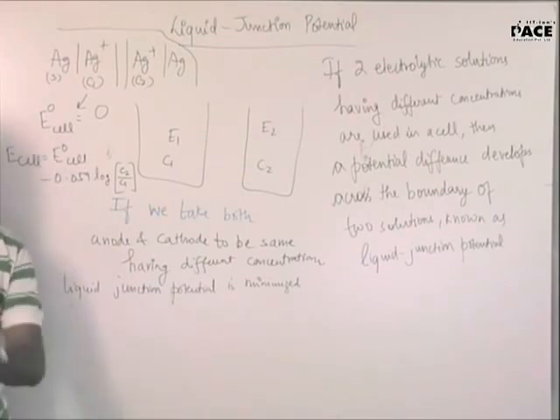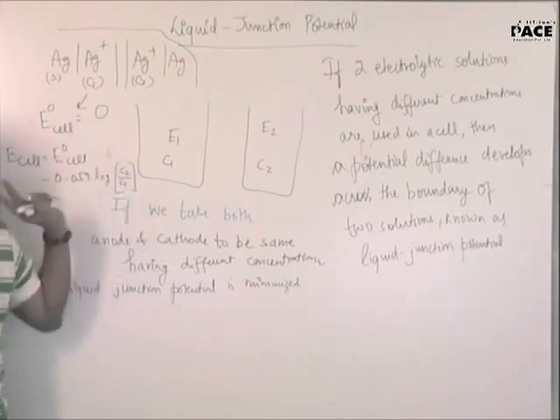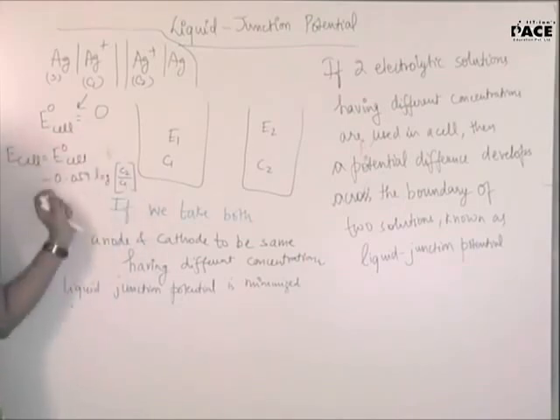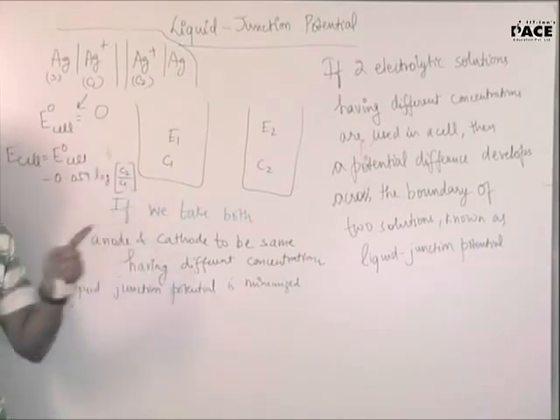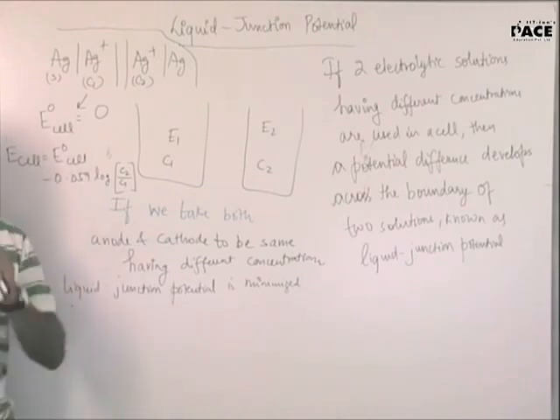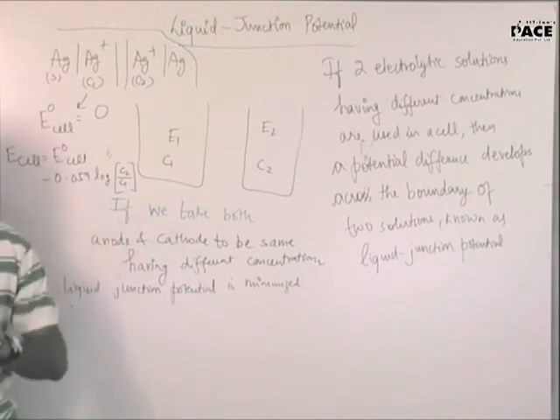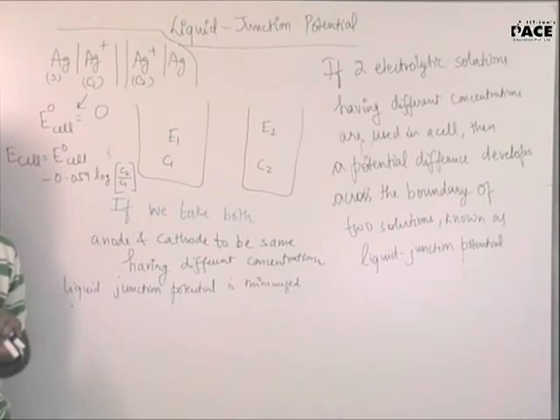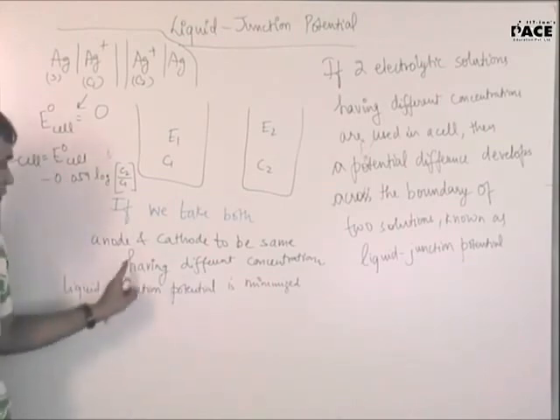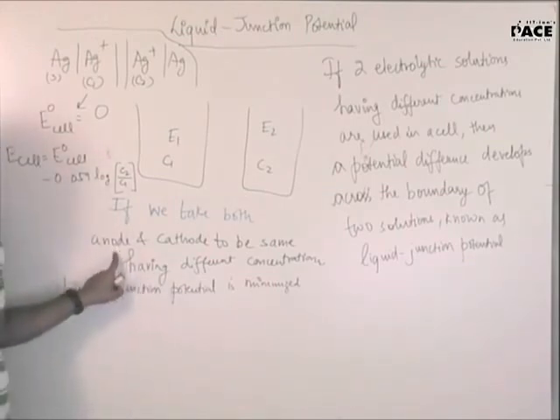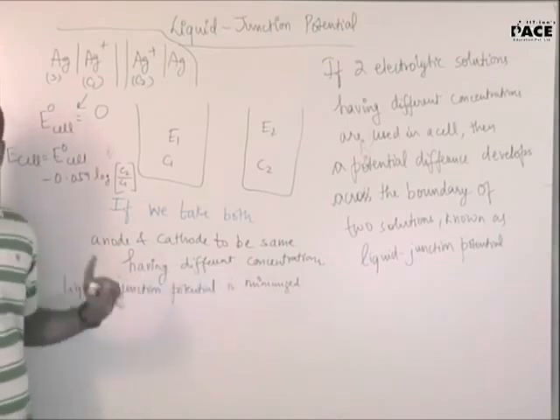Because E naught cell is going to be 0, which you just derived, right? And third and the most important thing is, in spite of having the same cathode and same anode, it is possible that the cell reaction is possible. You're getting the point? So these types of cells, when you take both the anode and cathode to be the same,